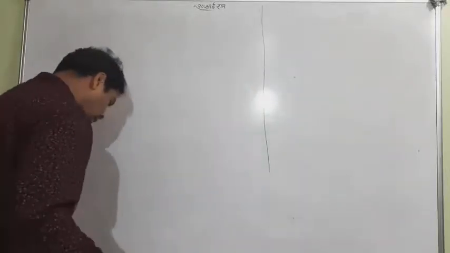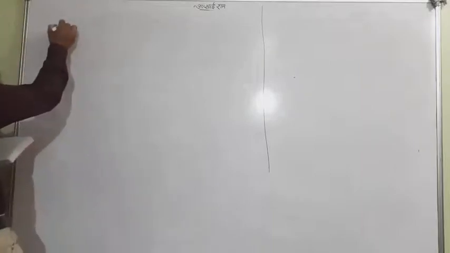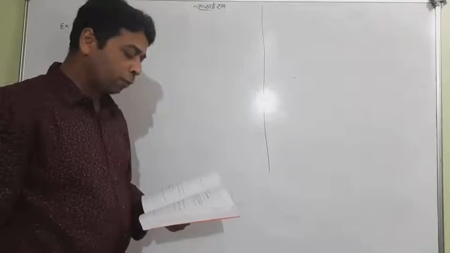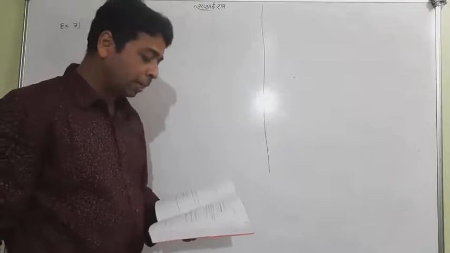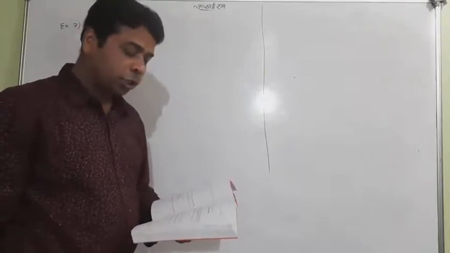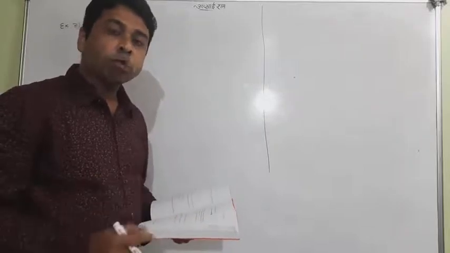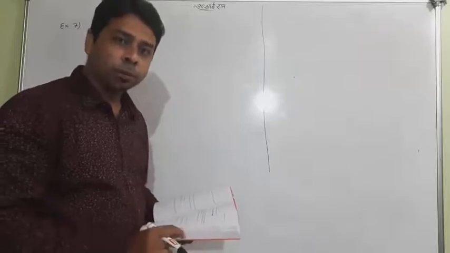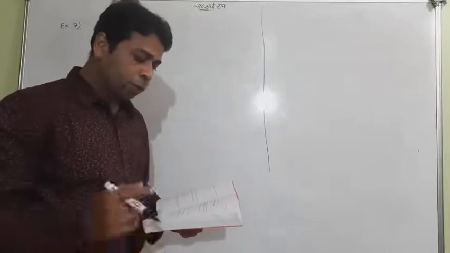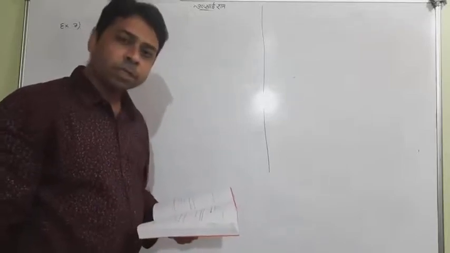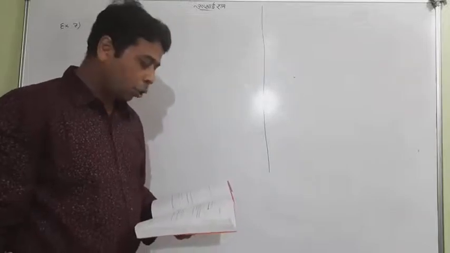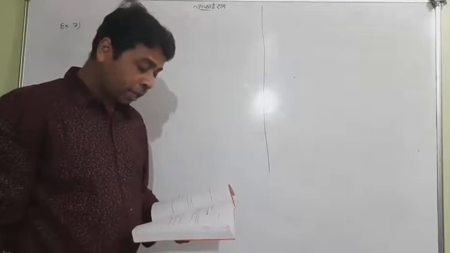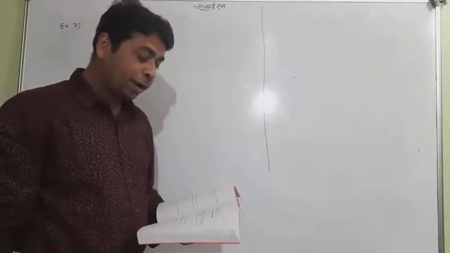We have example number 7. Look at this, a word problem. Interesting also. The question says the marks obtained by a student of class 11th in the first and second term of the examination are 62 and 48. A student obtained 62 marks and 48 marks in the first two terms, the first examination and the second examination. Okay. Find the minimum marks he should get in the annual examination to have an average of at least 60 marks.